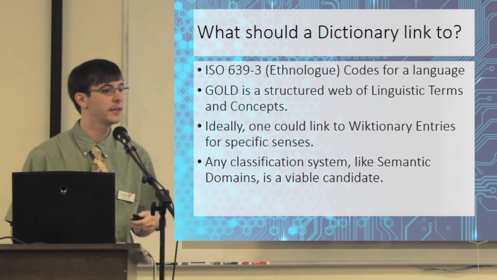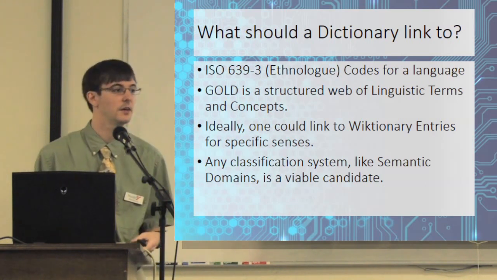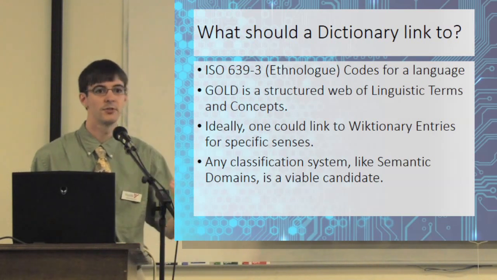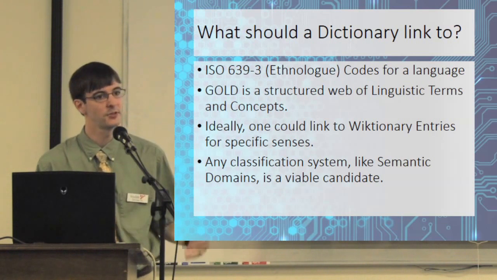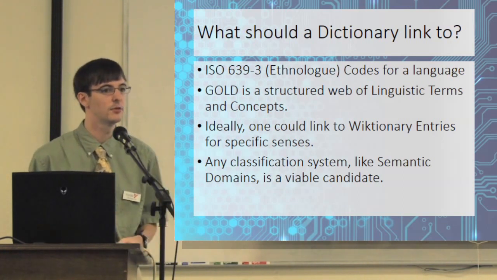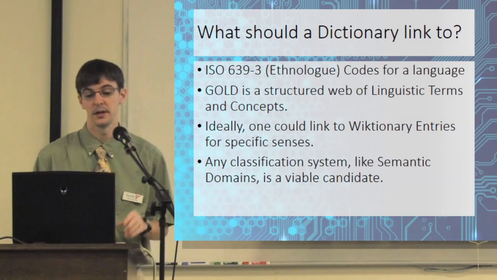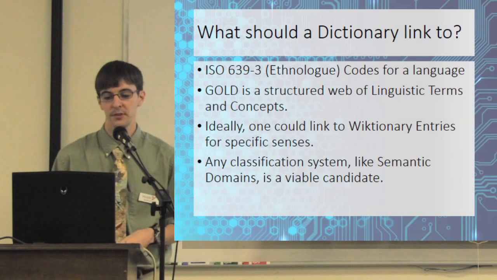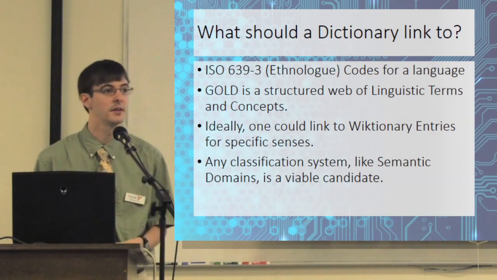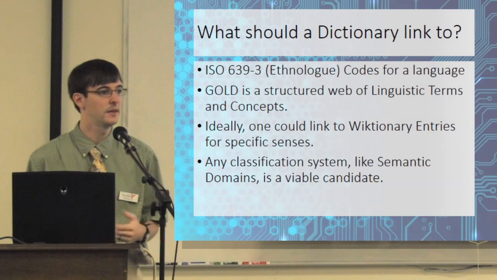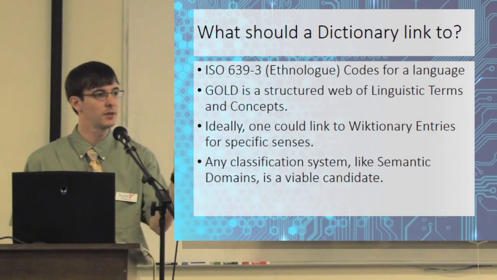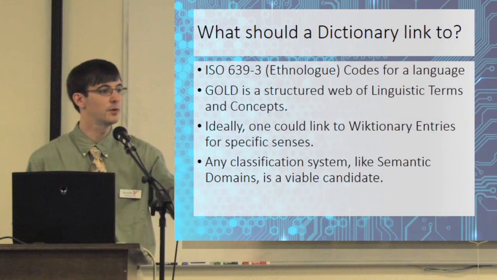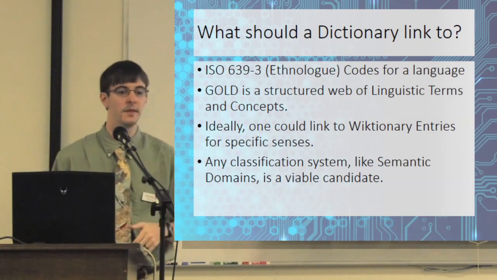And ideally, you could link every entry to its Wiktionary in the vernacular, or in the analysis language. So your analysis language is French. You determine that this is the object. You could link it to the Wikipedia page, and that makes it more robust. I'll talk about that later. But also, any classification system that you have in your database is useful. Semantic domains are very much a viable candidate because they are structured, they're already in there. You can pick out a specific semantic domain number, and you say, oh, I'm talking about fruit, mammals or birds, things like that, and even more specific than that.